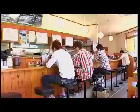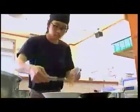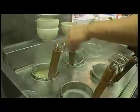Ramen. In Japan, it's its soul food. Simple, sometimes complicated. I love ramen so much that every time I come to Japan, I eat at least 2, sometimes 3 bowls a day. It's cheap, it's accessible, but it's not fast food. It's totally...